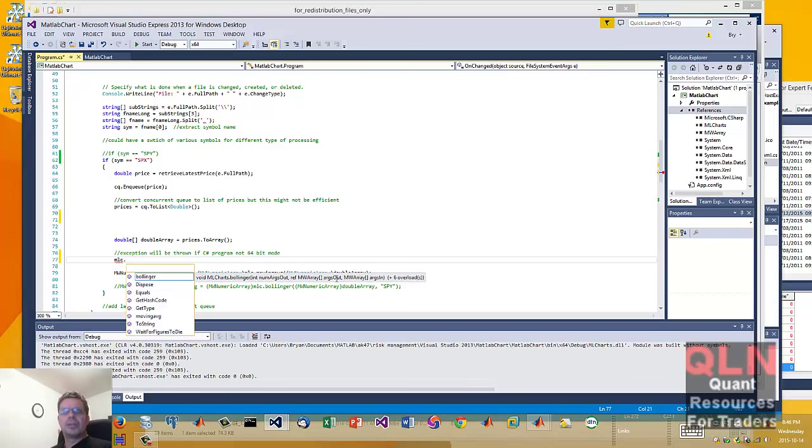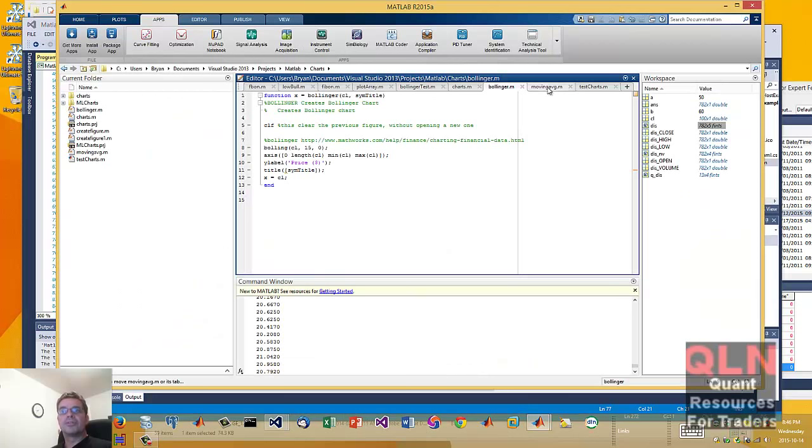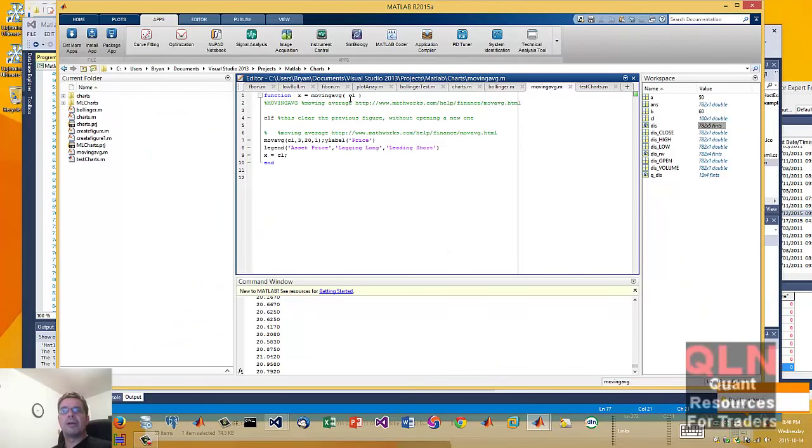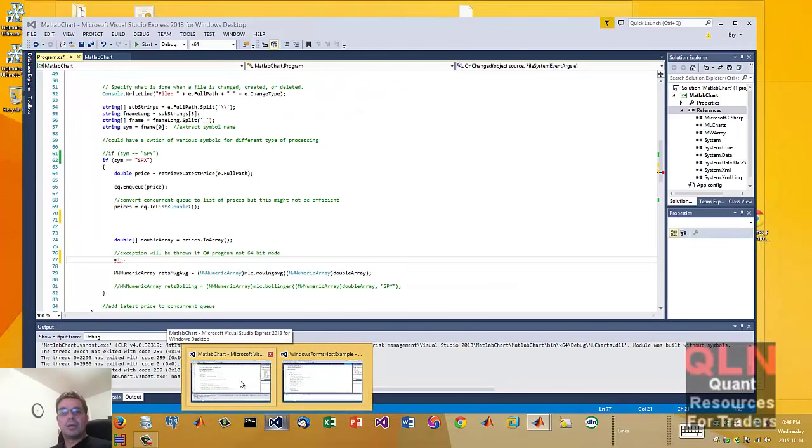So we have args out, a number of arguments, and that is specifically defined as, let's say in the moving average, here I've got my array that I pass into it, and also how many parameters I have on the out. So in my case, if I had x minus y, that's obviously 2 parameters that are going to get returned from the function. So what that basically means is